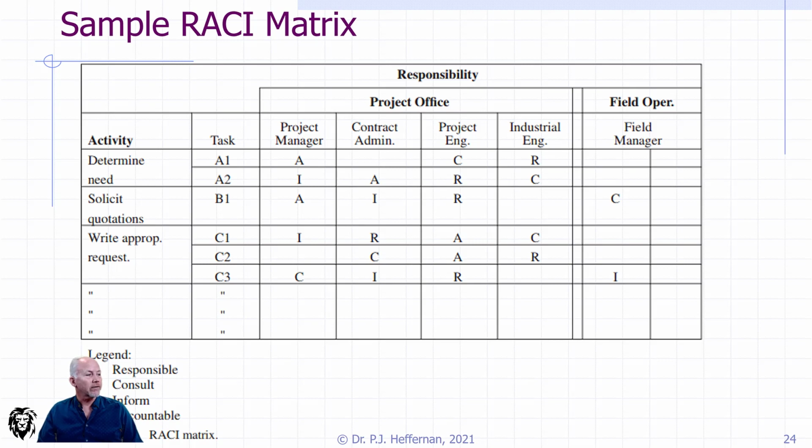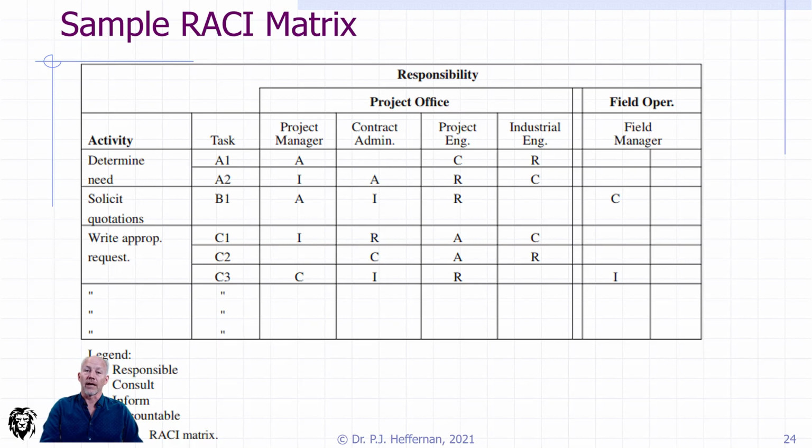So here, a sample, easiest to look at. You have the activities listed down the left-hand side and the various organizations or individuals across the right. For each task and subtask, and you see them all listed out here, individuals can be tasked to either be accountable for the task. Somebody needs to be accountable for the task. Somebody may be responsible for doing the task. Other people need to be consulted about the task if there's any changes or issues associated with the task. And other people simply need to be informed. And if you don't fall into any of those categories, then there's a blank.